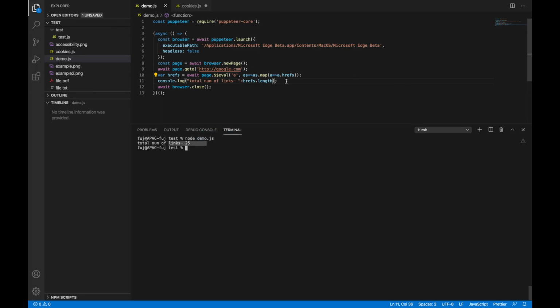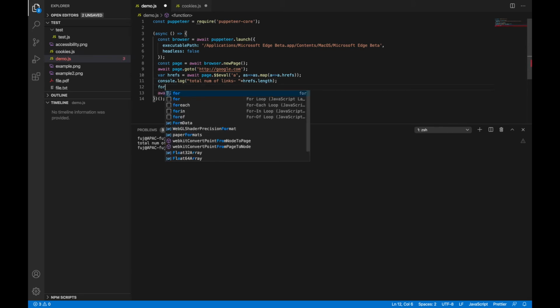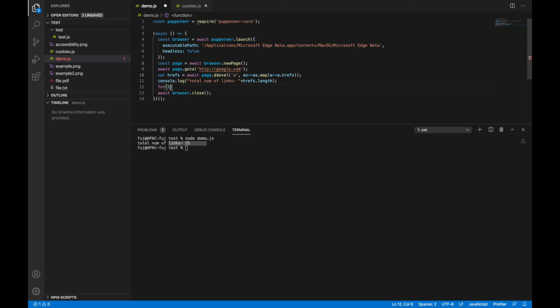Now let's print all the links as well. I am using a simple for loop only, because I come from a Java background and I love for loops. There should be some other shortcuts in JavaScript, but I am not that familiar, so we will create more videos on JavaScript loops. In Java also we have for each and others, but as a QA in Selenium, I mostly use this loop only.